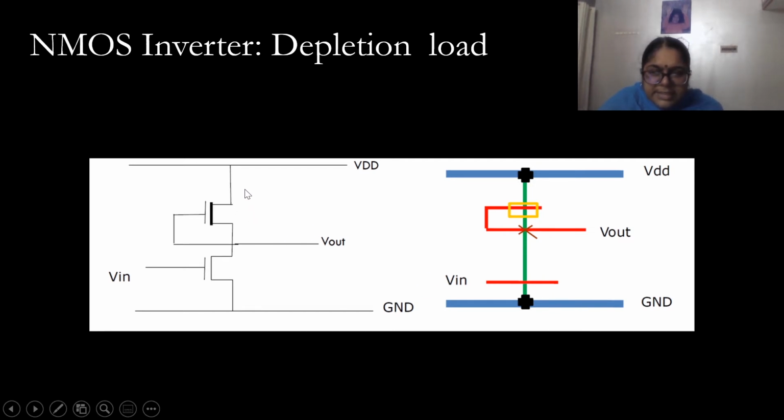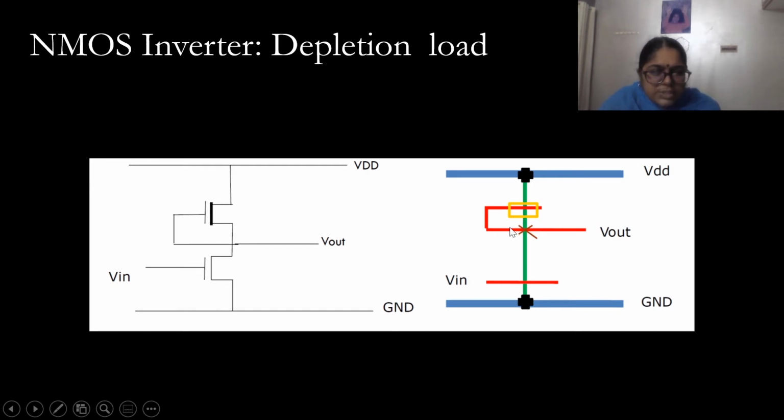And then this is N diffusion, this is a depletion mode transistor, so that's why one implant has been drawn here using yellow. That means a yellow box has been drawn around this transistor. Now the gate of this transistor is connected to its source. So here also the gate, which is indicated by the polysilicon, is extended to have a contact at this particular point. You can show it using a cross or you can show it using a dot.